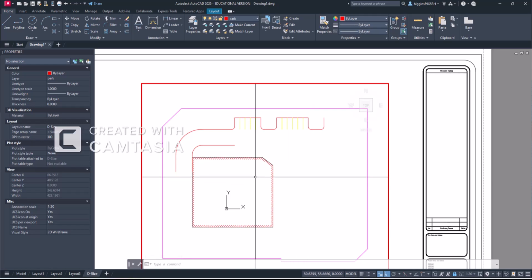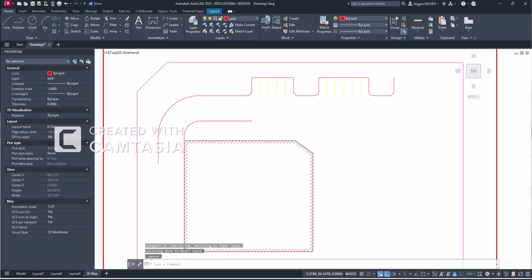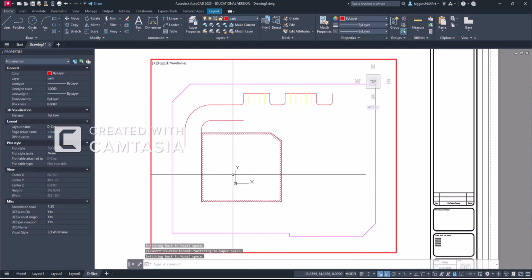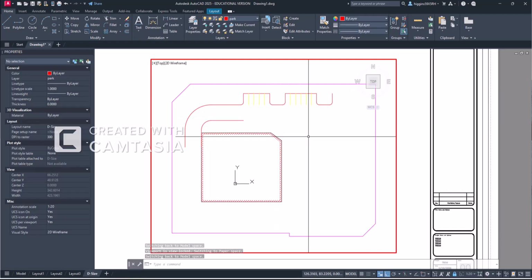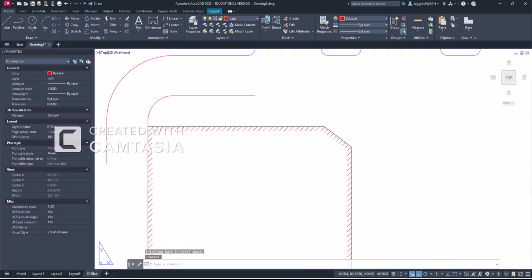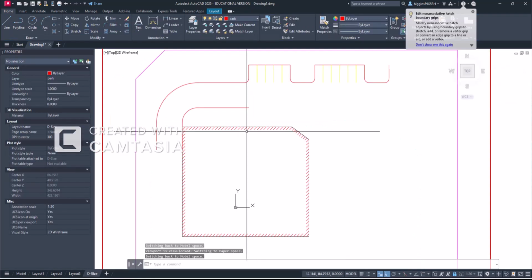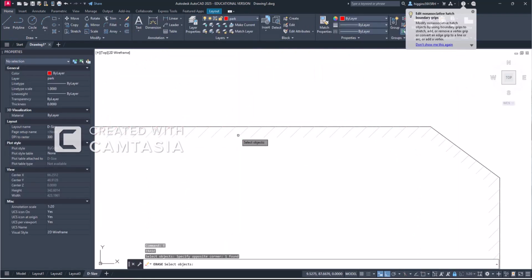Okay, I want to answer a couple questions that came up from some other students on this. How to treat the building, whether we hatch it. Well, we don't want to hatch anything except for sidewalks here. And so to create this kind of edging that you see here, what we can do is we'll just start